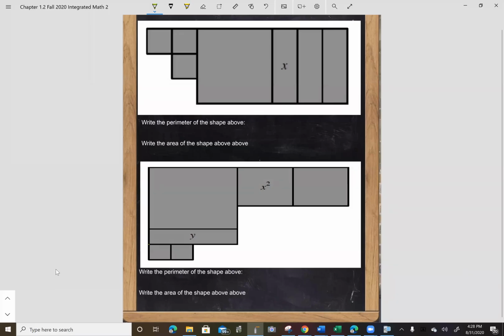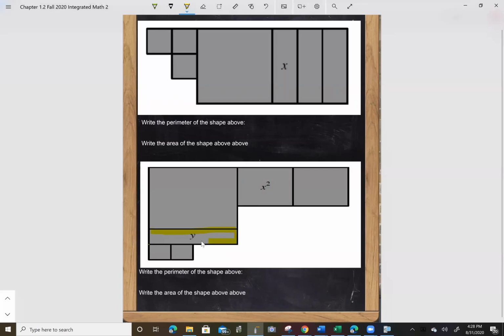Hey, you guys, I wanted to log in and go over this slide that we did in class and what I asked you to do the second part. So the second part of this slide, let's put in some dimensions here. Because this long skinny rectangle